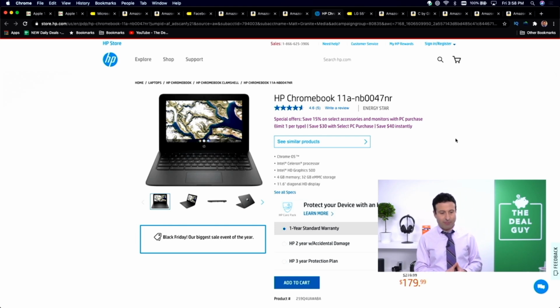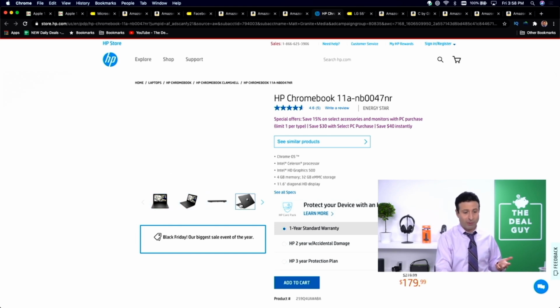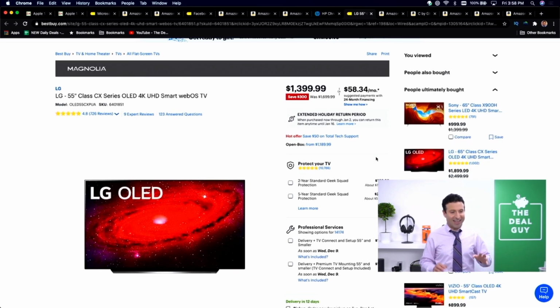$179 down from $219. The reason so many of you need to buy these for back to school and virtual learning is what's made the Chromebook industry one of the most robust right now. I personally wouldn't buy a Chromebook, but some of you need it. You don't have a choice. $179 down from $220. The LG 55-inch class CX series OLED, this OLED TV 4K Ultra HD smart television, is